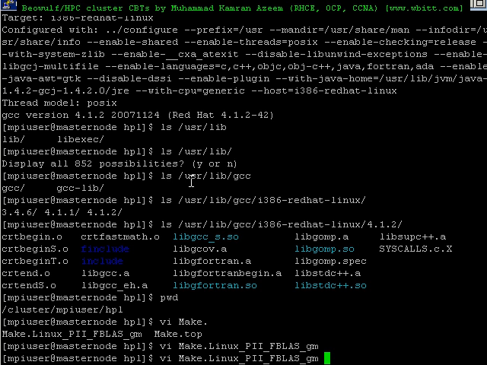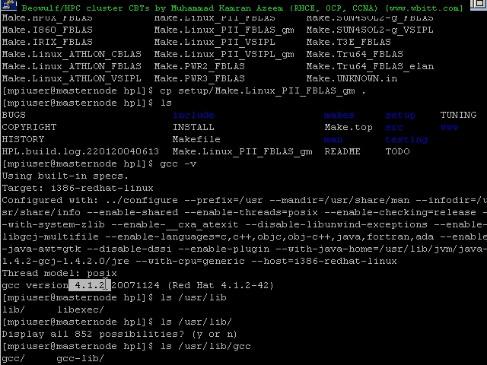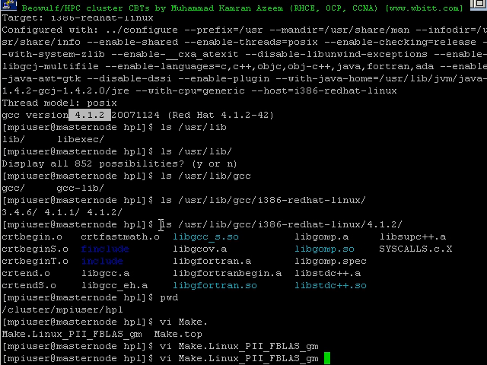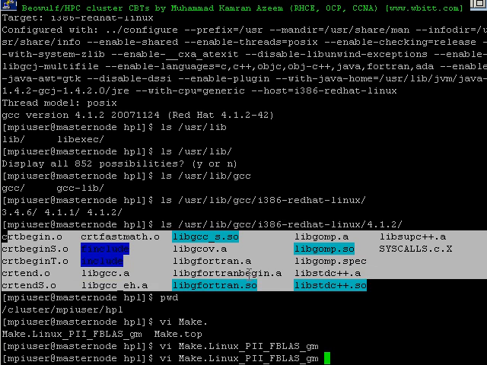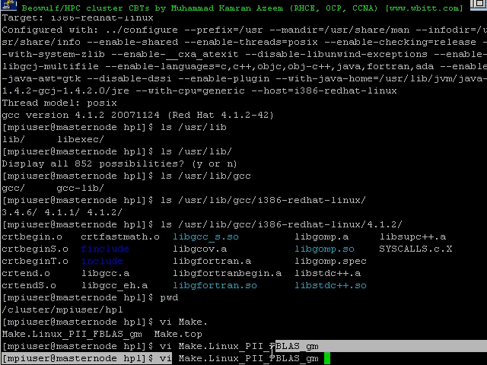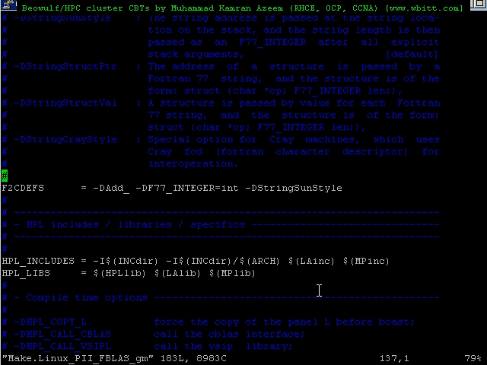I've already checked my version of GCC by gcc -v, which tells me that I am running version 4.1.2. I checked this directory, it shows me that these files are present. Great, so I now go ahead and edit this make.linux file, and I need to